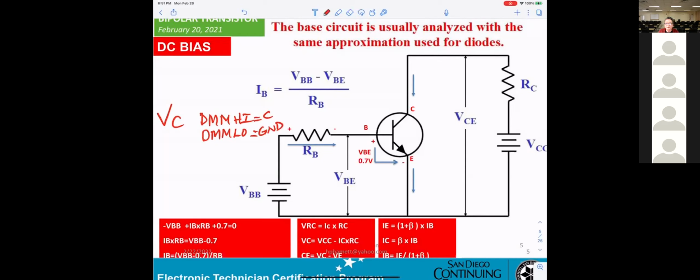If I say I want VB, same thing. High side connects to B, low side must connect to ground.